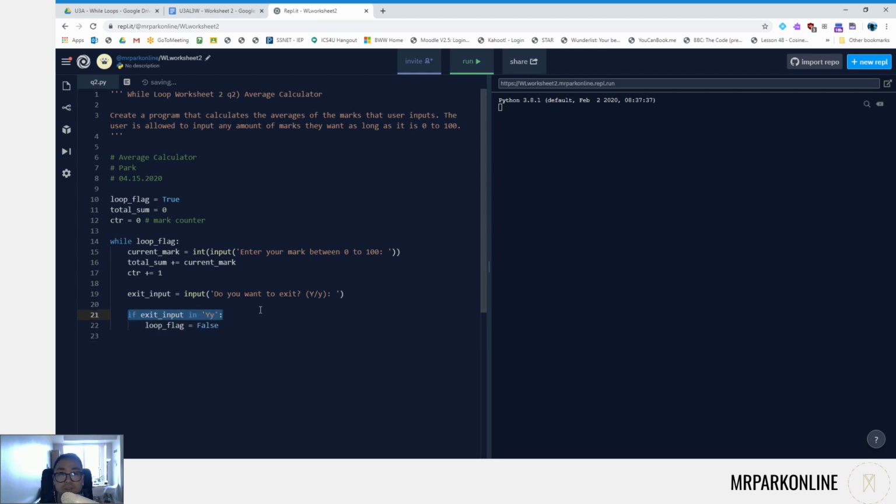This is a nice little neat way to check if a single character is either the upper or the lowercase version of itself. So if the loop flag doesn't turn false, we're going to calculate and go back up the while loop. So at the end of the while loop, if I ever exit, I'm going to calculate the average to be the total sum divided by the number of the marks we've inputted. Then we're going to put a little output. The average is